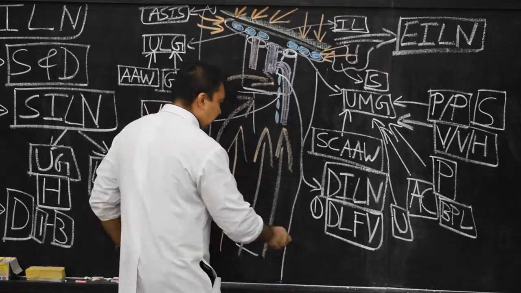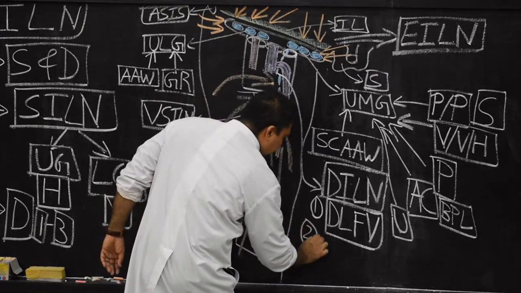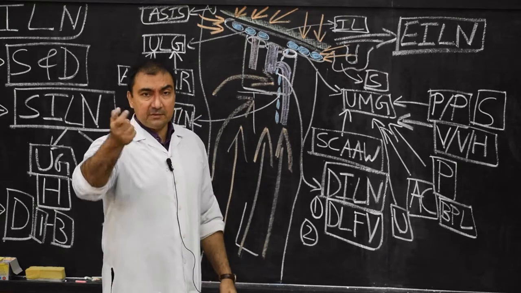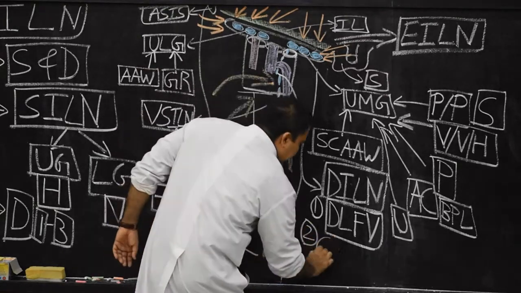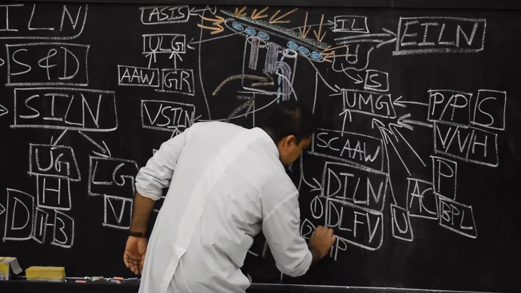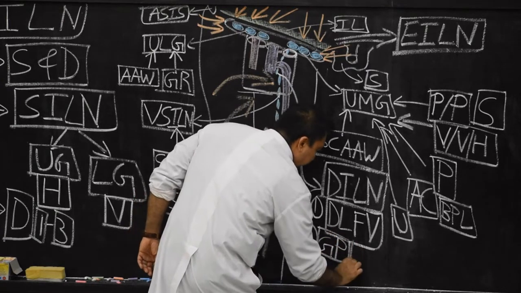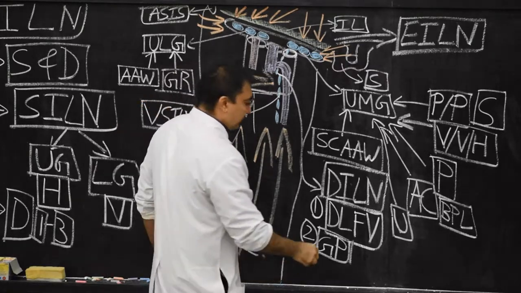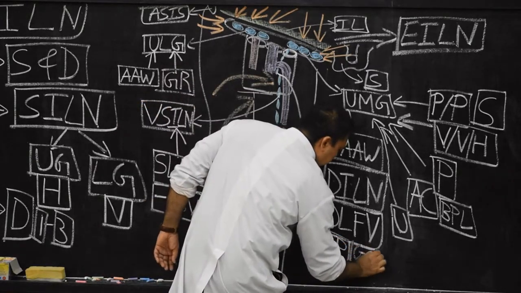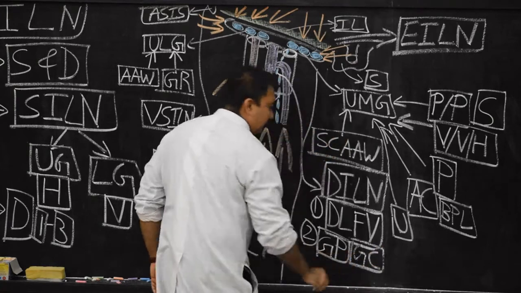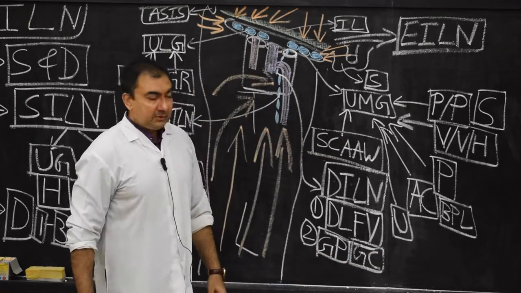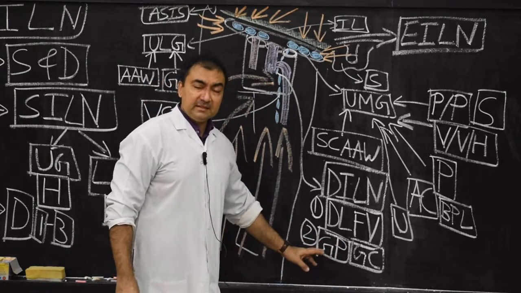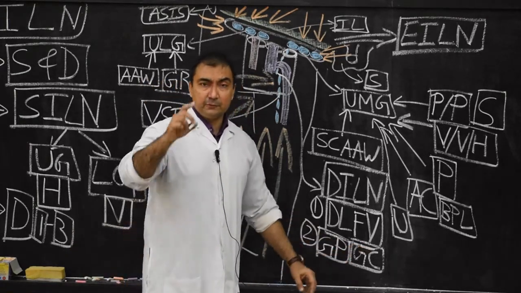The second area of drainage will be? Once again, this is very important. This is asked as a 1 mark question, answer in MCQ. The glans penis in case of males, and in case of females, it will be glans clitoridis. So, these two will also drain into the deep inguinal group of lymph nodes. Glans penis in case of males and glans clitoridis in case of females.